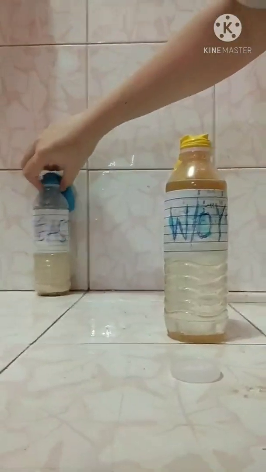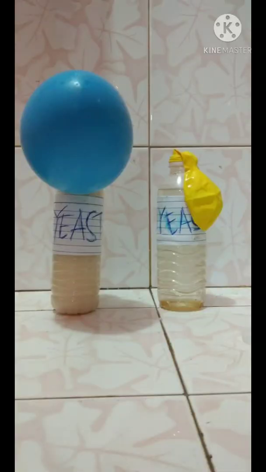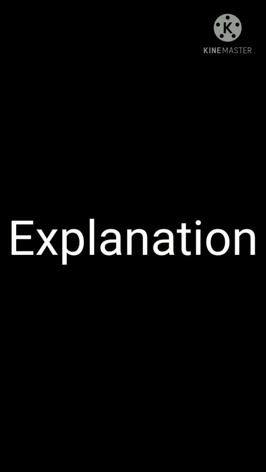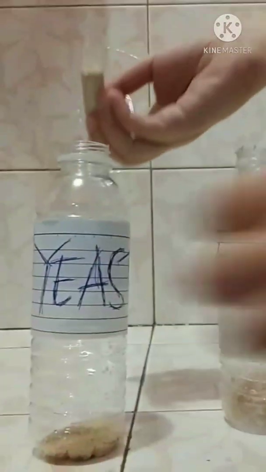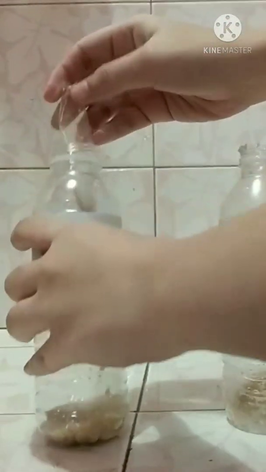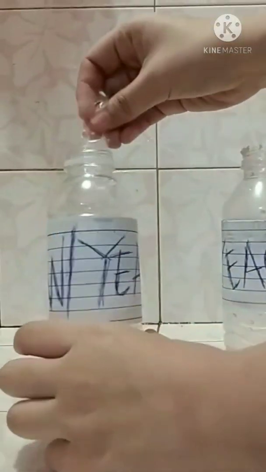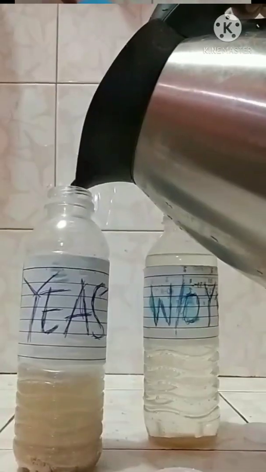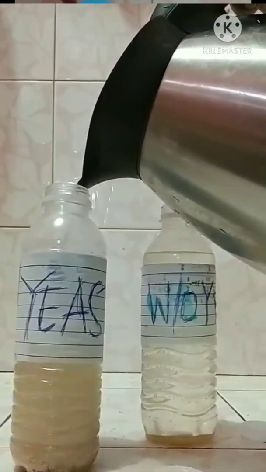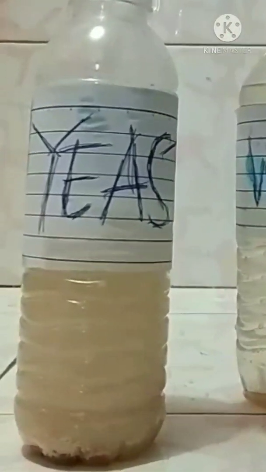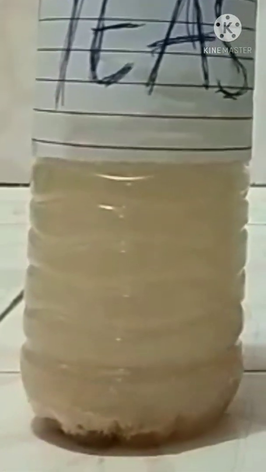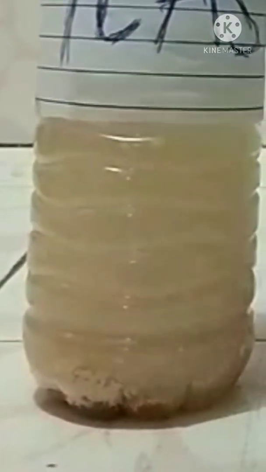After 30 minutes, the balloon on the bottle with yeast inflated while the other did not. To explain, yeast is actually made up of living organisms. The warm water that was poured inside earlier dissolves the yeast we put inside the bottle labeled with yeast. The yeast will become more active and starts eating the sugar inside the bottle, which releases a gas called carbon